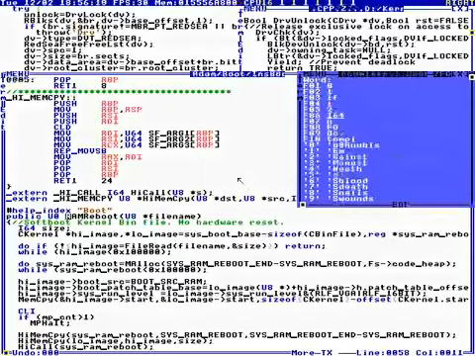I made a rescue disk where I put some files onto my RAM drive. I make a RAM drive at